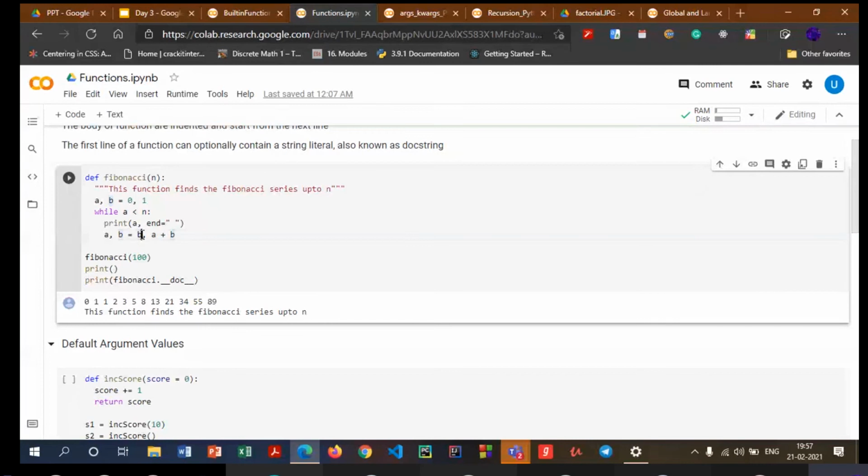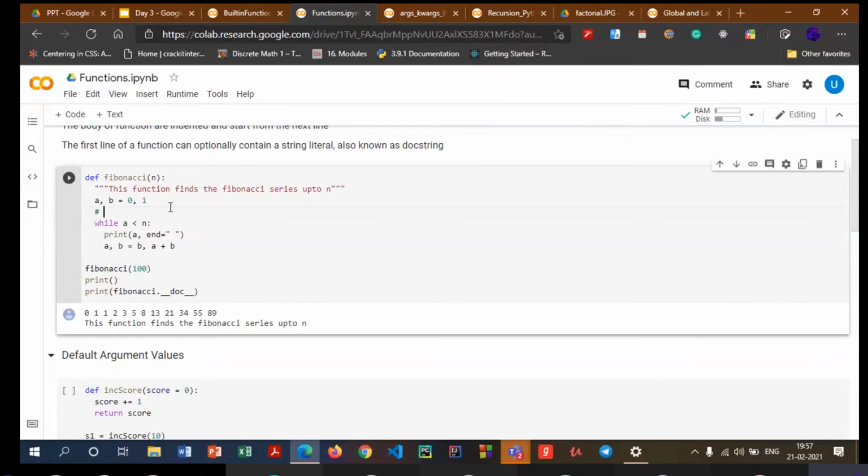I want the A value to keep on taking the next value so that when we sum it, we get our respective output. For example, over here I have 0 and then I have 1. In the next iteration, I will be taking A as 1 and B will be 0 plus 1. So the next number is going to be 1. So until now, I have the sequence 0, 1, 1. I'll show you this comment. For the next iteration, we will have 1, comma 1.